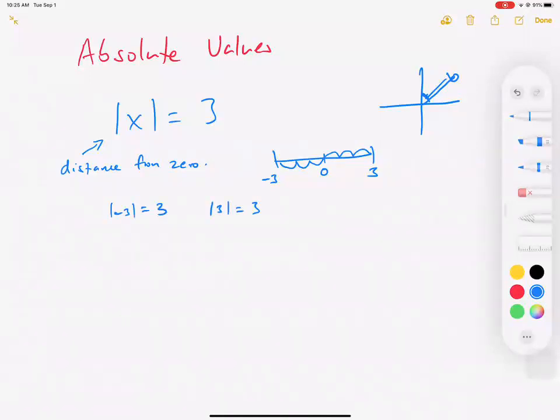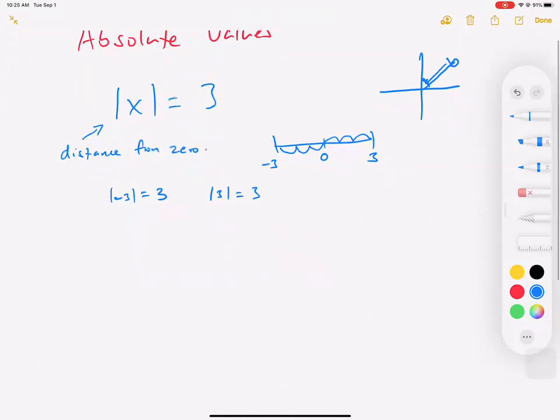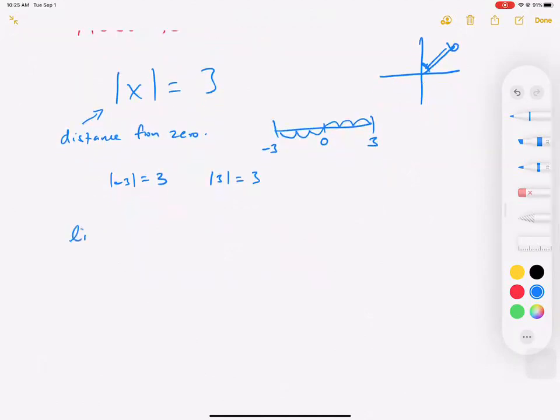Now, as we introduce limits to this, let's use a dumb example. The limit as x approaches 3 of the graph x. Oops, the wrong one, sorry. We're going to see absolute value of x minus 3. Okay, so for this problem,